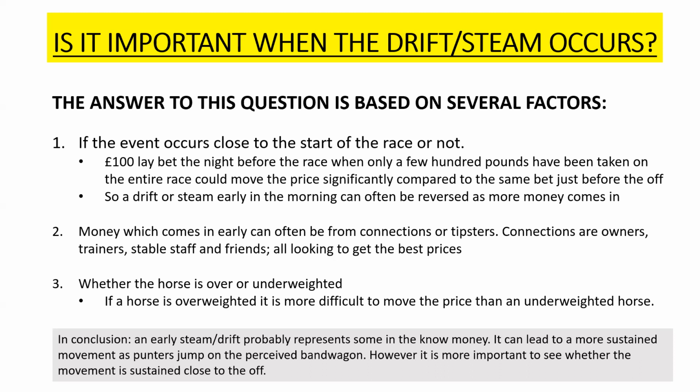Money which comes in early, often from connections and tipsters. That's just what I've talked about. The tipster side, Hugh Taylor's a good example. Connections we've just talked about. Whether the horse is overweighted or underweighted. Now, understanding overweighting and underweighting, I've done a video on it, but very, very briefly, if you take the horse's